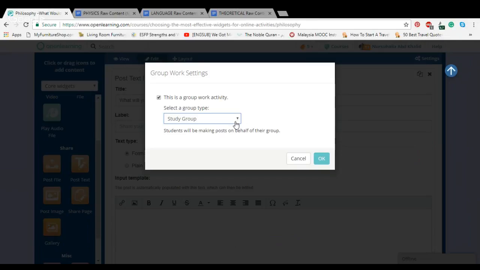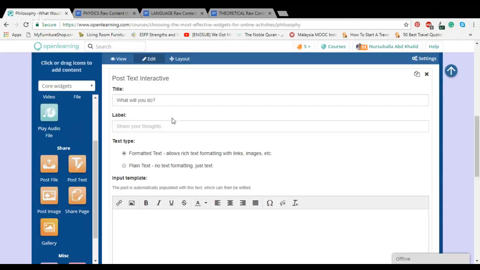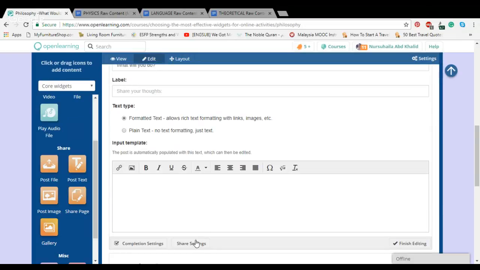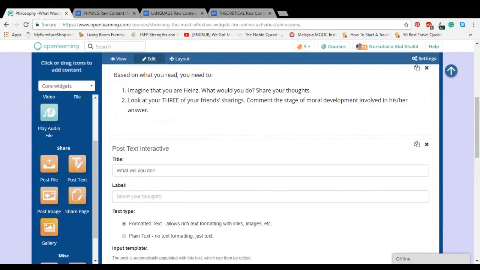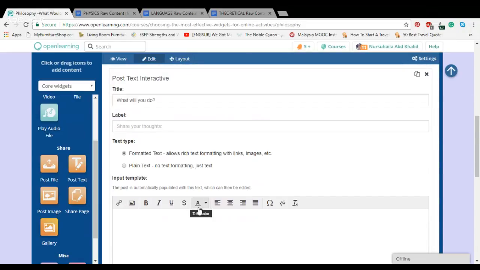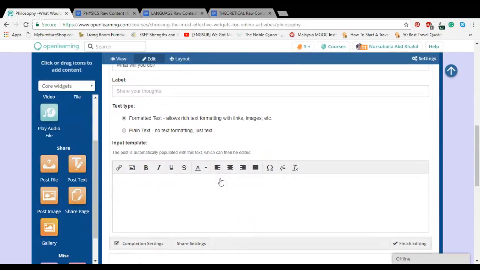By default, there's always this study group type that is already set up in the group tab under course setup on the left hand side. I can explain about this, but for now we are just going to use this study group type as the group type for the students to submit to this group work activity. So students will be making posts on behalf of their group, so you click OK. Now for this specific activity, which is what will you do, it has become a group work activity. So when you click view,